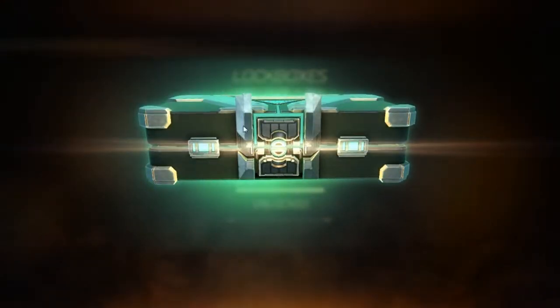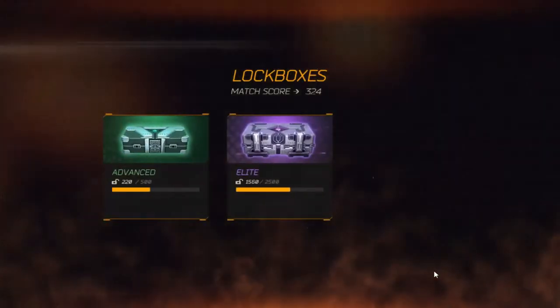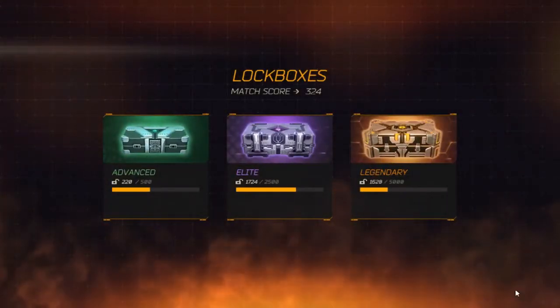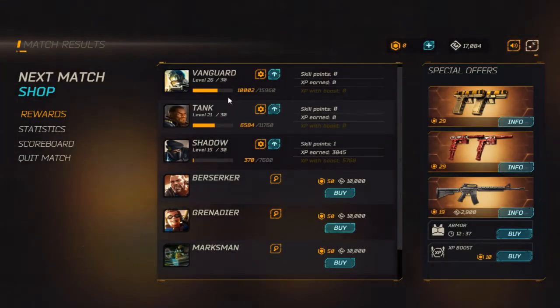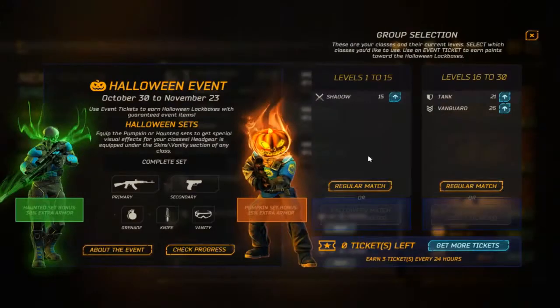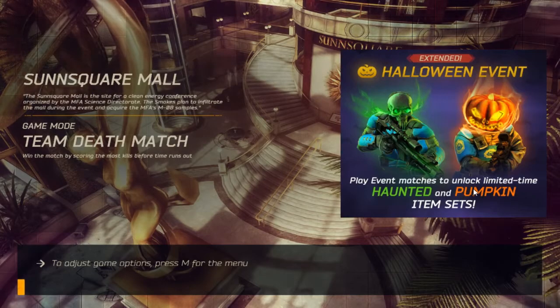Let's see what we've got. Okay, a stamina boost for an hour. That's not bad. Honestly, better than some low-level gun rental. And you can see I also earn points to elite and legendary boxes, which are better, but still suffer from the same kind of thing. So I'm going to do one more match with my tank, or with my